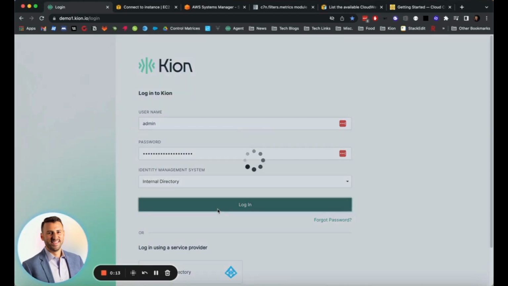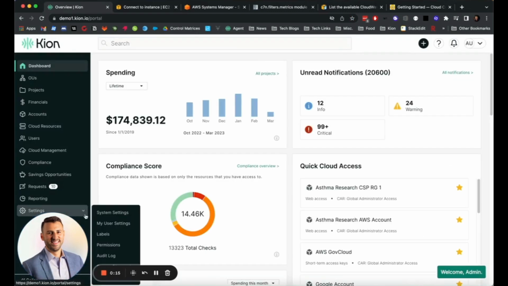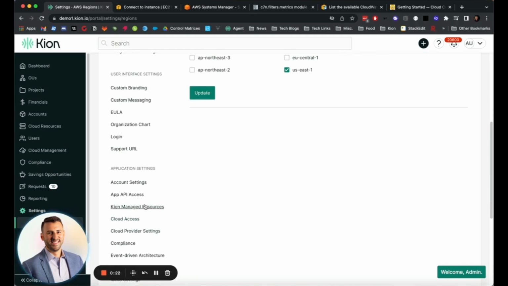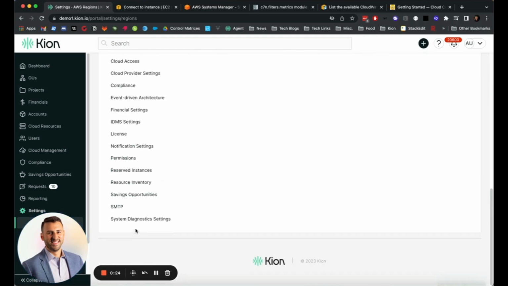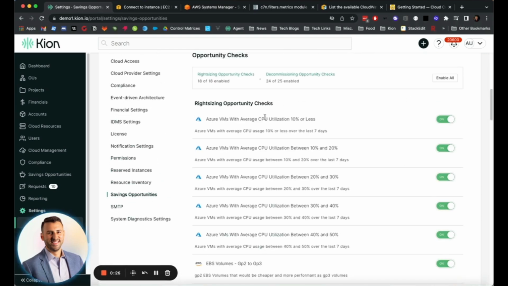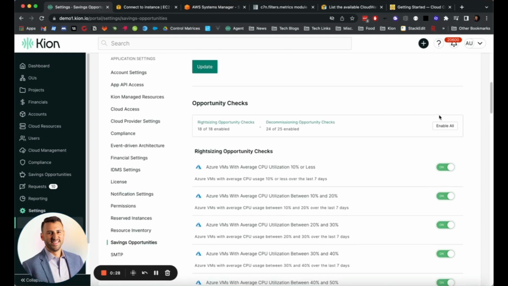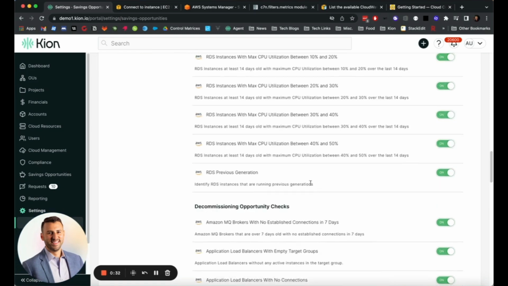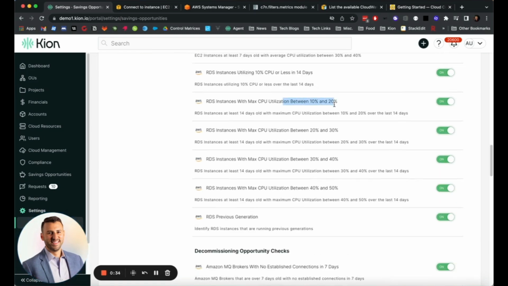So first, to begin, let's look at the savings opportunities that come out of the box. I can see that here within my system settings, going into savings opportunities. Within here, I can see that I have a whole bunch of different checks across AWS, across Azure, across rightsizing and decommissioning. We've had requests to be able to customize some of these, and I'm going to show you